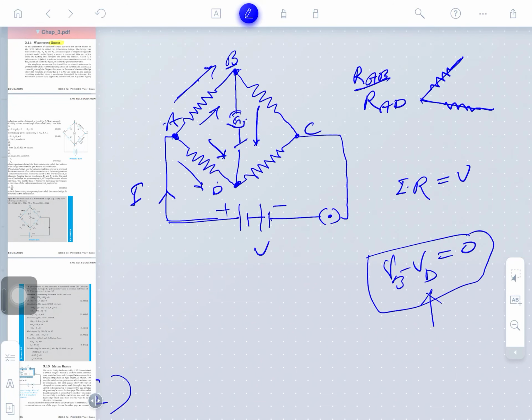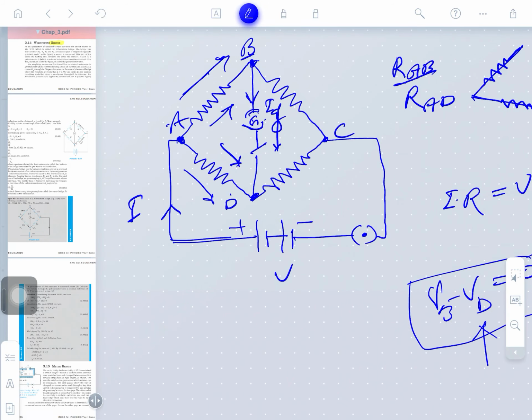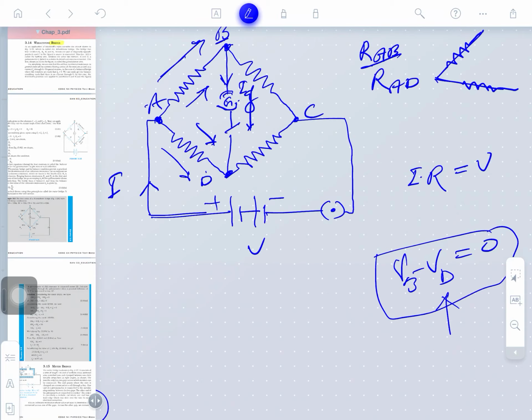So, what we are talking about: suppose at once this current is flowing as Ig, G for the galvanometer here. So it is A, B, D, okay. So we need to solve this circuit in terms of current. Current I is drawn from the source and the current is dividing in two parts, I1 current going here and I2 current going here, okay.